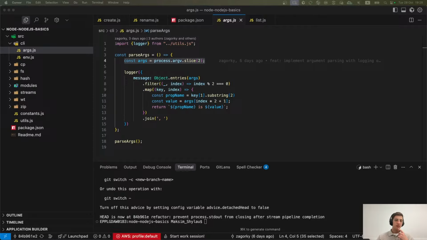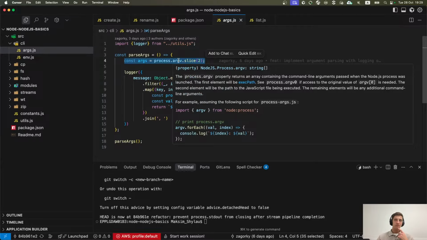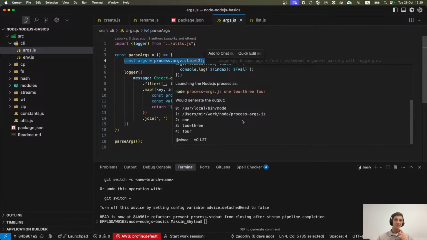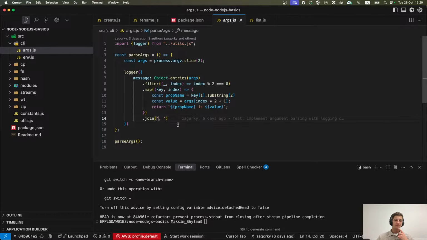What do we have at the beginning of process argv? I highlighted correct answer to you for a few seconds.